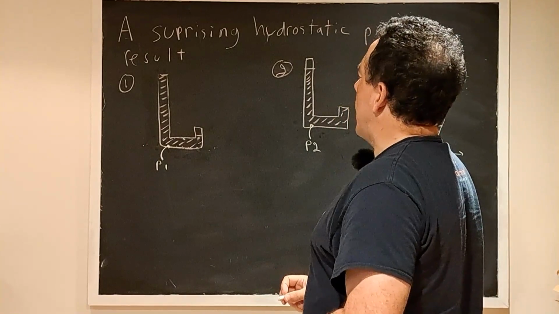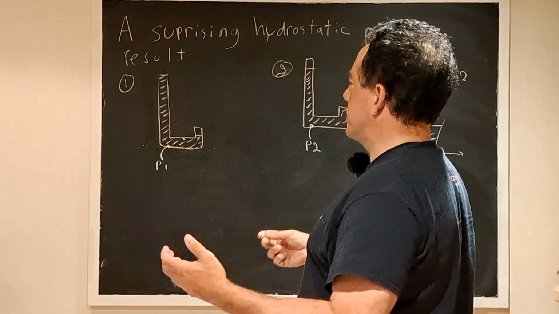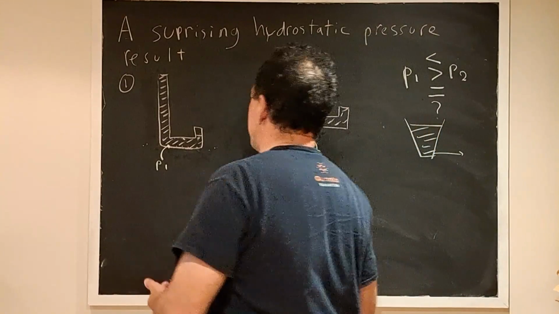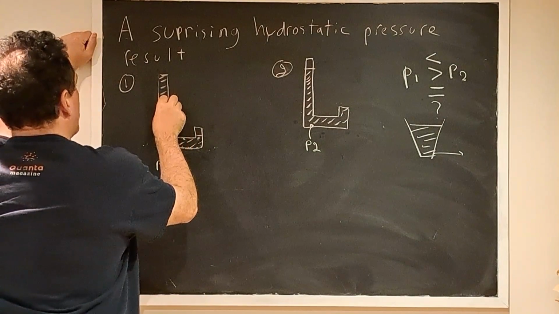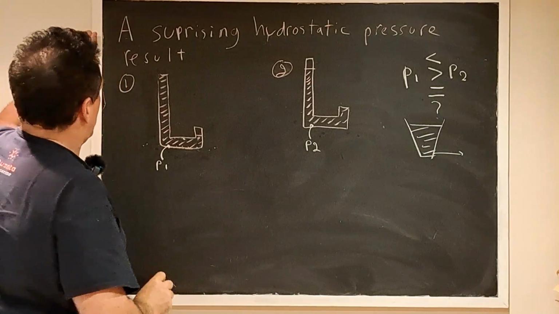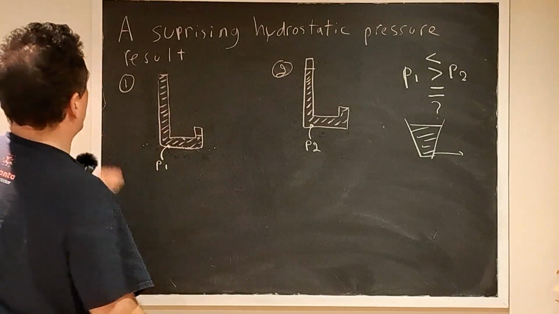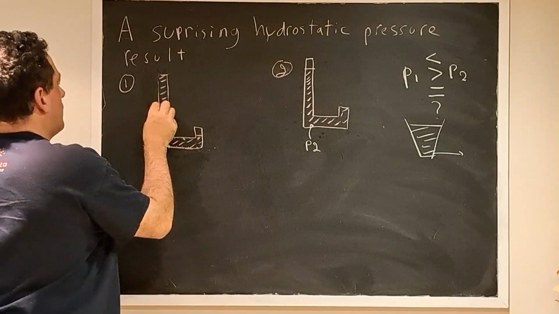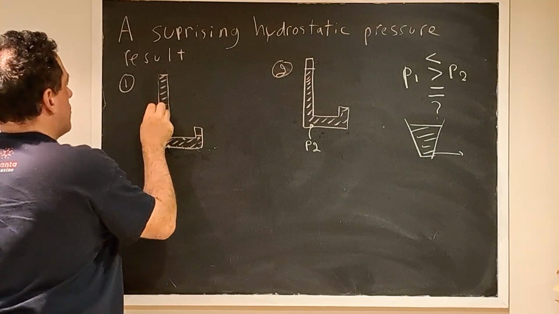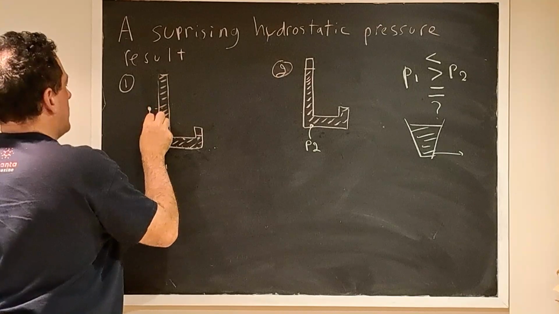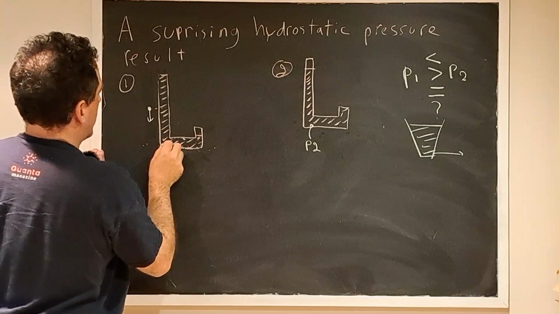And how can we basically do that in a more formal manner? Well, the way to do it is to do a force diagram. Here, we would put the forces on the objects themselves, but then that would be very cluttered and very difficult to see. So what I'll do is I will just put forces on the side here. So here what we have is, let's say, for a unit area here,